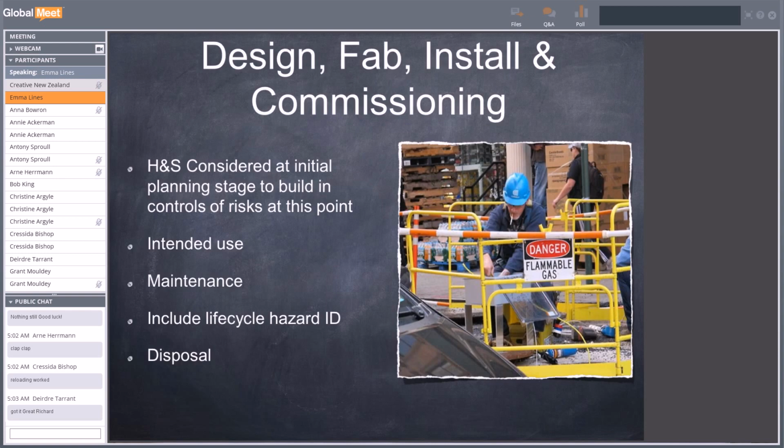In our industry, design, fabrication, install, and commissioning is important. We need to understand when you're designing something, be it a piece of art or an installation, be it a production element, you need to make sure that you're not introducing risk as a result of that design. You have to understand how you're fabricating it, making sure it can be fabricated in a way that it's not going to introduce risk. You have to install it in a way that it has been designed to be installed without introducing risk. When you commission it and when you tear it down, you just have to understand all those elements as you build your